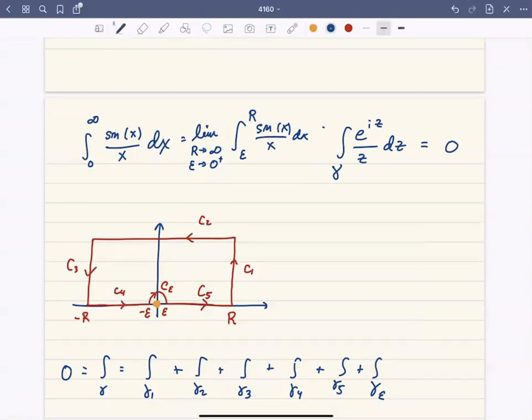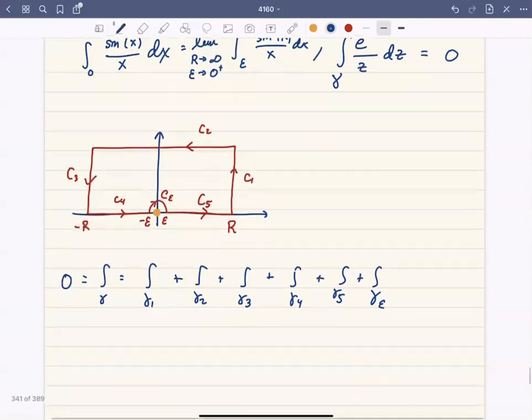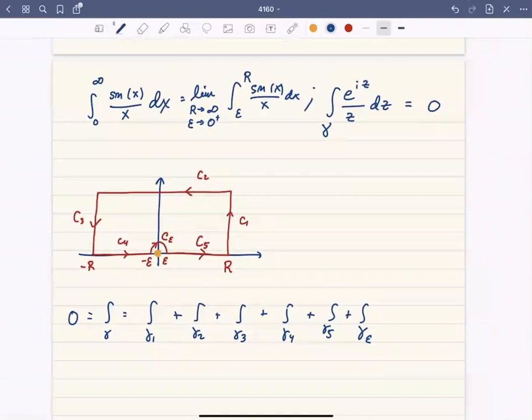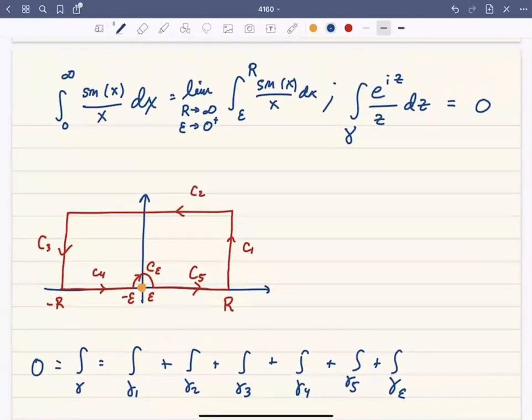And then, like I said, we're going to look at this integral e to the iz over z over this contour gamma. And it turns out that it's easier to think about this integral in terms of what's called the Cauchy principal value. I don't want to get into principal value. I think I've probably even mentioned it once or twice in the course before, but